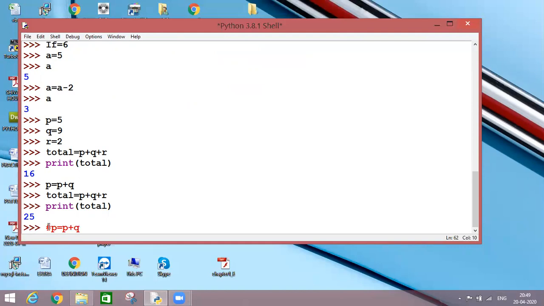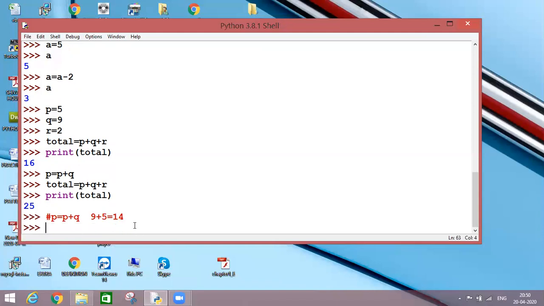P plus Q, so it is holding 9 plus 5 is equal to 14. And here my 14 is counted as the P variable. P is 14. So in my next statement, what happened? Total is equal to 14 plus 9 plus 2 is equal to 25.